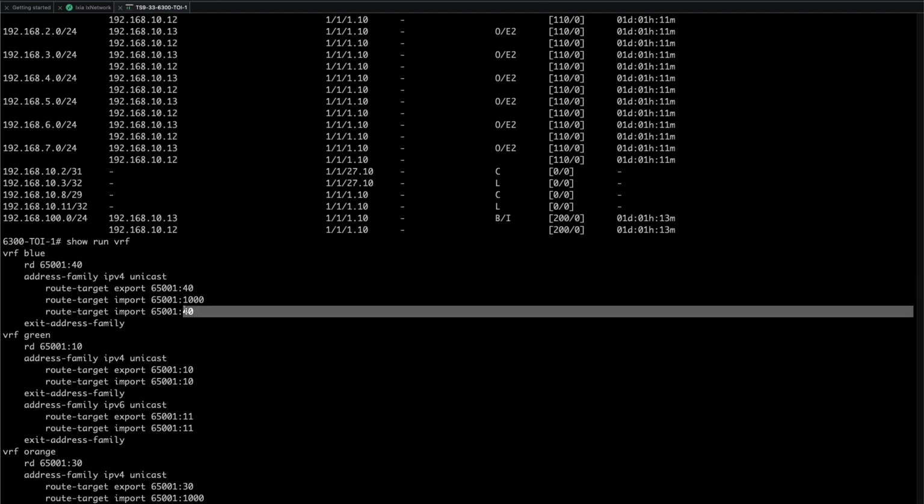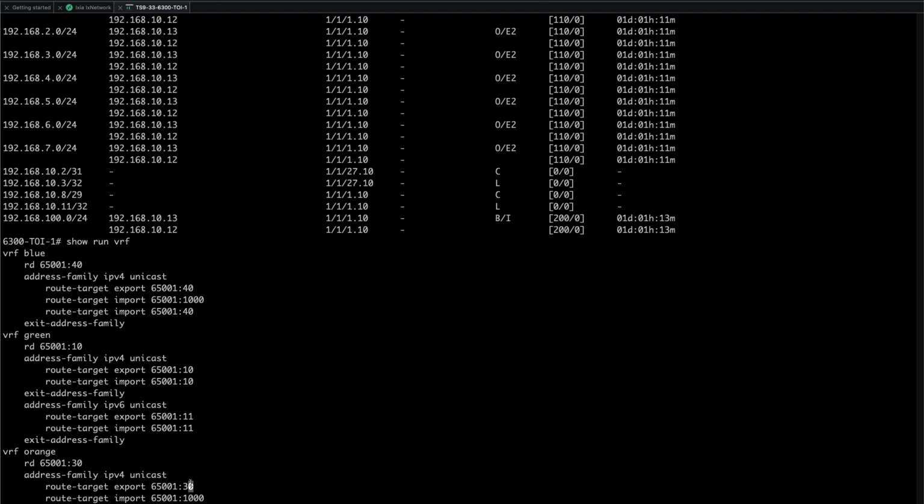For the blue it is 40, and for the orange it is 30, which is exporting and importing into this VRF. Here, just keep in mind that we also need one value, even if it is a dummy value, when we set a route target in the route map. So if we don't apply any route target export, the route map will not be able to add a route target, because it's not a replacement, it's an additive one. Okay, so